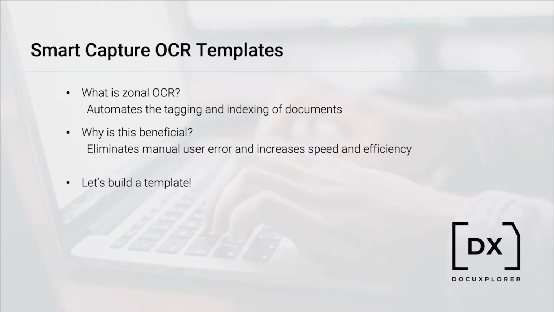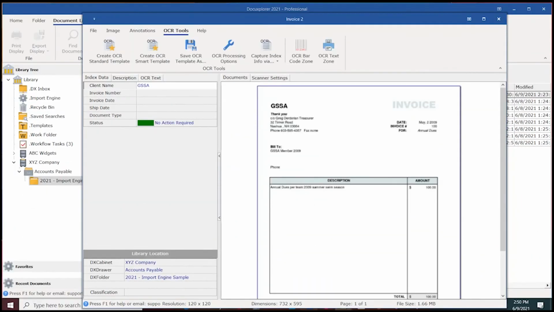So this tutorial is going to show you how to identify and create zones, as well as save the template for future use. And I've already preloaded a document that I've scanned into DocuXplorer. And as you can see, it's a basic sample invoice. And if I had 500 of these, the invoice number would always appear in the same area. The vendor name would always appear in the same area. And basically, you're going to click onto the Create OCR Smart Template icon, and you're going to create a template